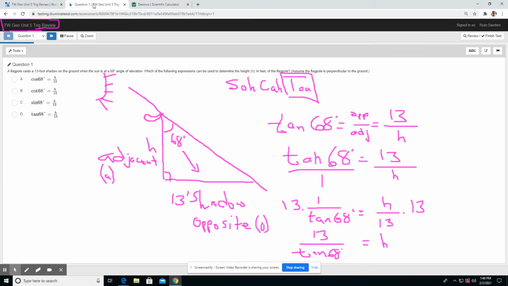So that's 5.252. And all they wanted was which of the following expressions can be used to determine the height h. So the height h, 13 over tangent of 68. Tangent of 68 equals,